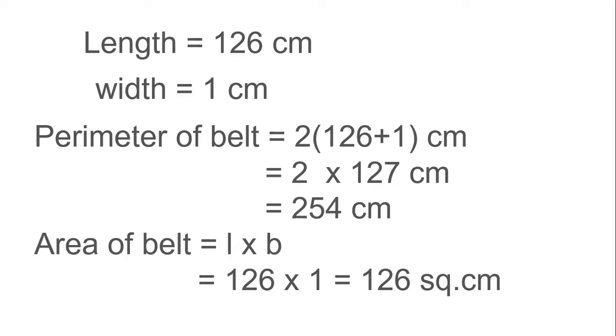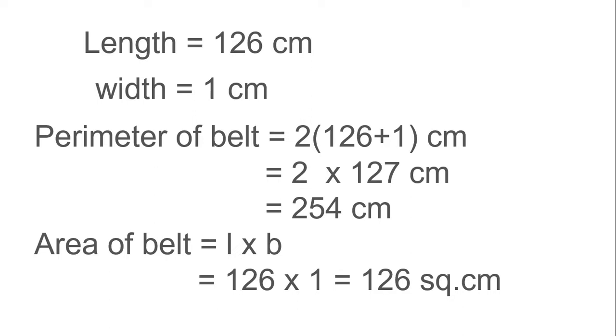Yes. Listen carefully. This is the paper. Paper was cut into 9 pieces of 1 centimeter width. 9 is the total width. So if I make 1 centimeter strips, I will get a total of 9. 1, 2, 3, 4, 5, 6, 7, 8, 9. So 9 are placed side by side, like this.